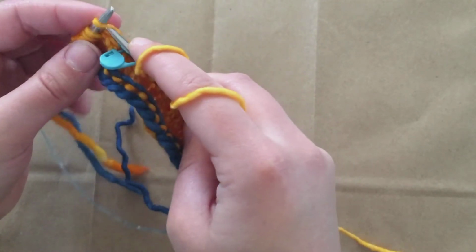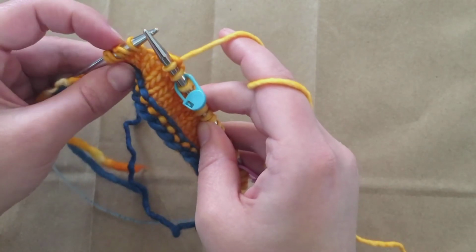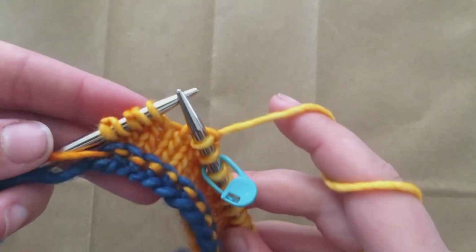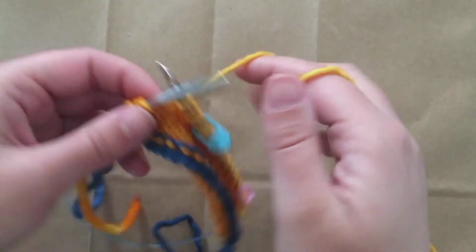Slipping my marker, and now I'm going to knit to 1 stitch before my short row. So I have 2 short rows on this side, then I have 1 regular stitch. I'm going to knit the regular stitch, and I'm not going to touch those short rows. Now you're going to turn the work